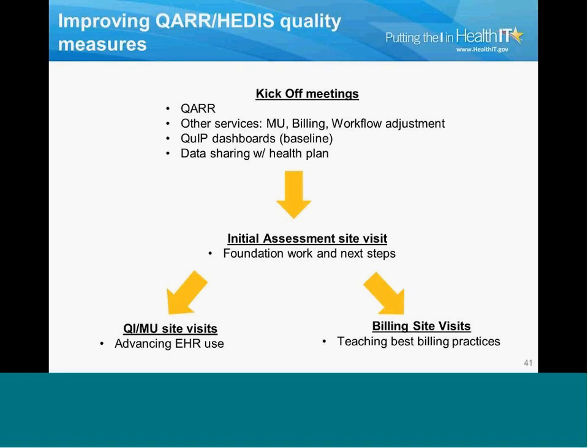And we talked about how we very often look at the workflow in a practice and how we make adjustments that way. We talked about QIP dashboards, which stands for Quality Improvement Partnership. These are dashboards that we arranged for this pilot, and we'll go into that in a little bit. And we also talked about sharing their data with the health plans, and that's something that was made optional for this project. If a practice decided that they wanted to share data, there was an addendum to their Regional Extension Center agreement that they